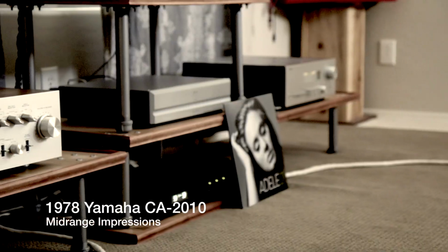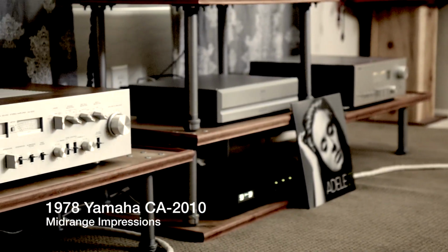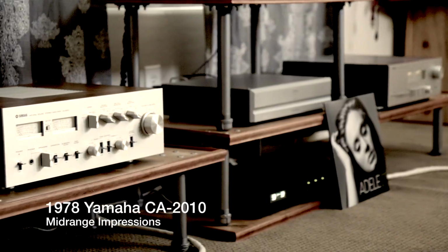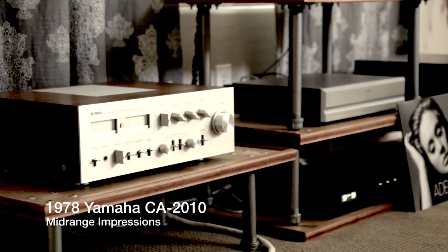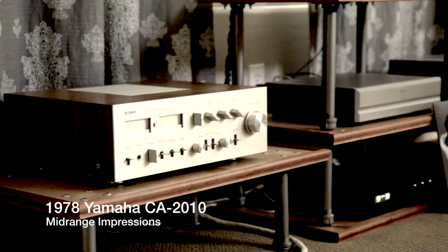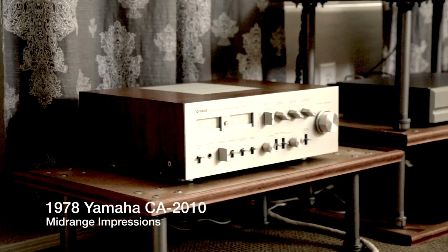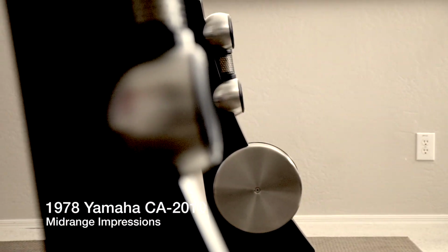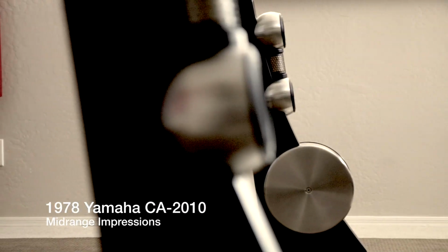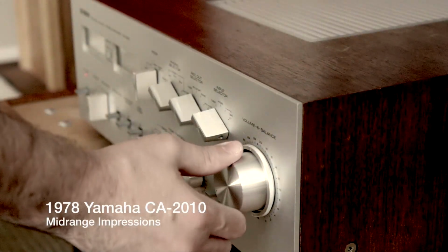Switching things up and trying Adele's 21, the older 2010 brought a powerful mid-range presentation, showing off more detail throughout the vocal arrangements than expected, and rendered piano with plenty of meat on the bones. Someone familiar might think that I'm describing a tube amplifier right now, but gosh darn it, that's exactly what I'm hearing. While not as holographic as some tube offerings, the mid-range is definitely forward and provides a wall of sound